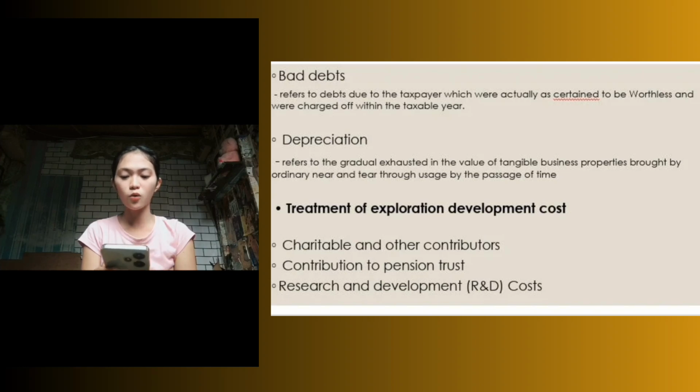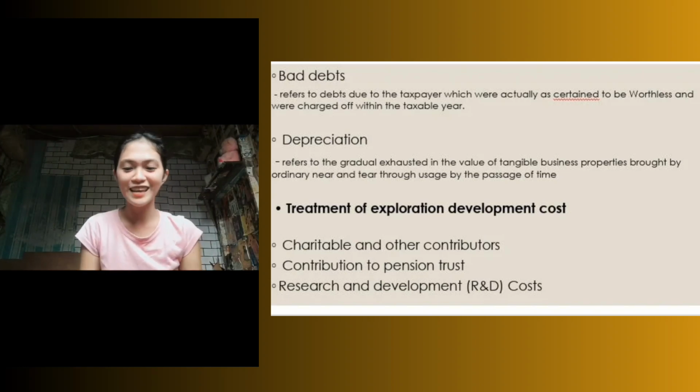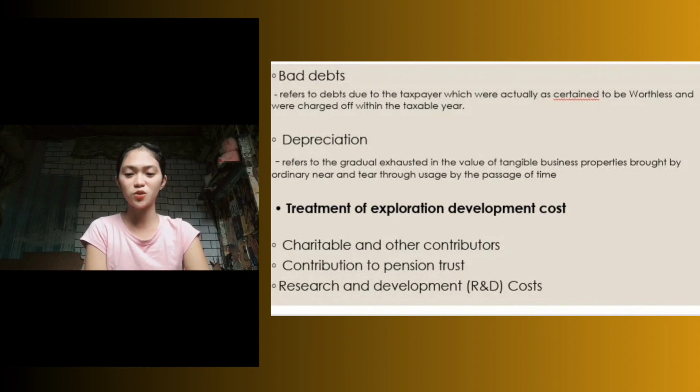So let's say you own a small business and you extend credit to your customer. One of your customers owes you 1,000 pesos, but after numerous attempts to collect the debt, you determine that it is unlikely to be repaid. So in this case, you can consider the 1,000 pesos debt as a bad debt. So that's the example of bad debts. Next is